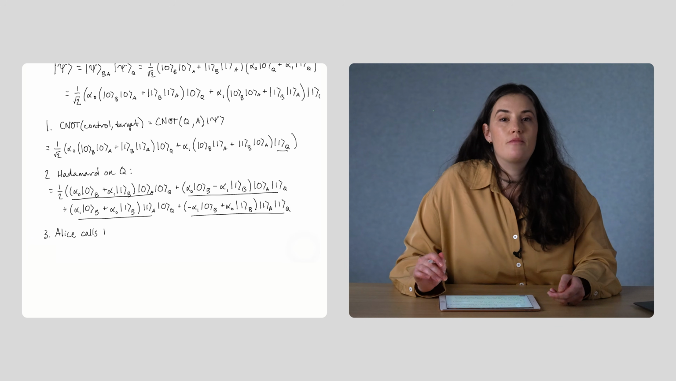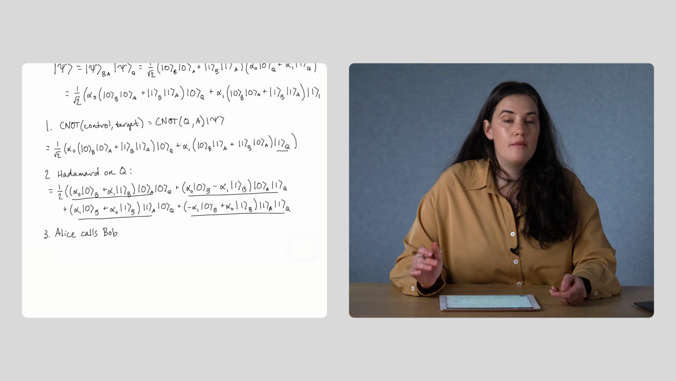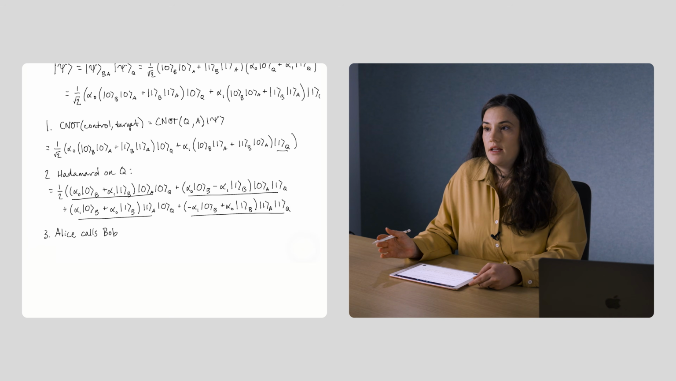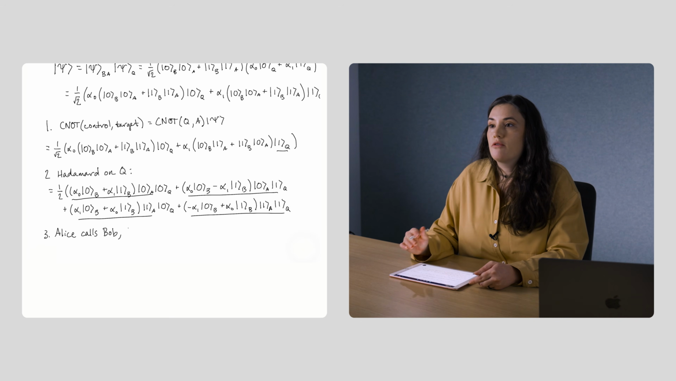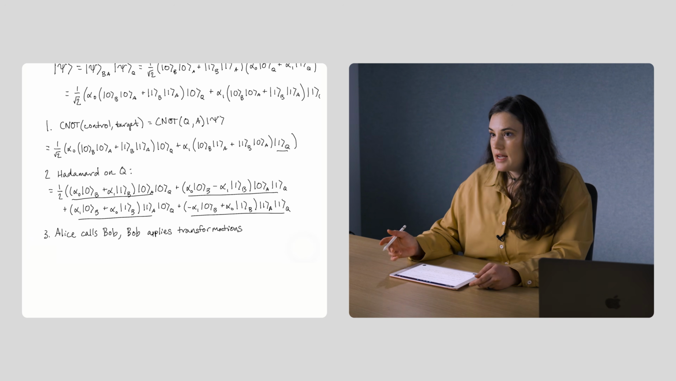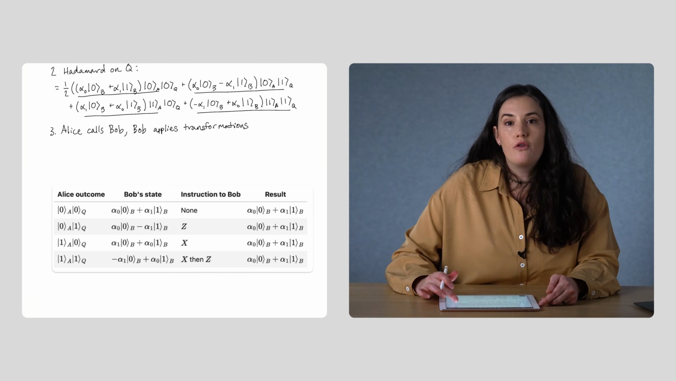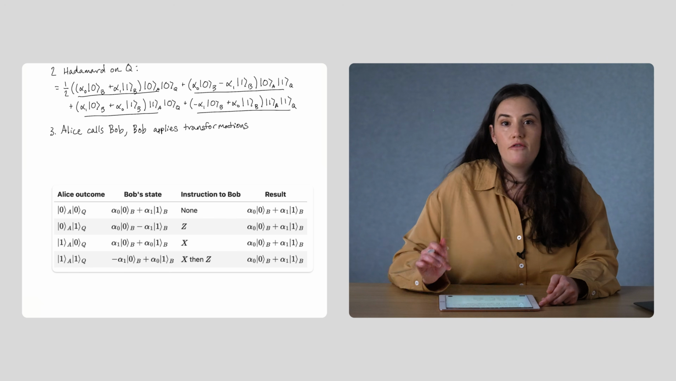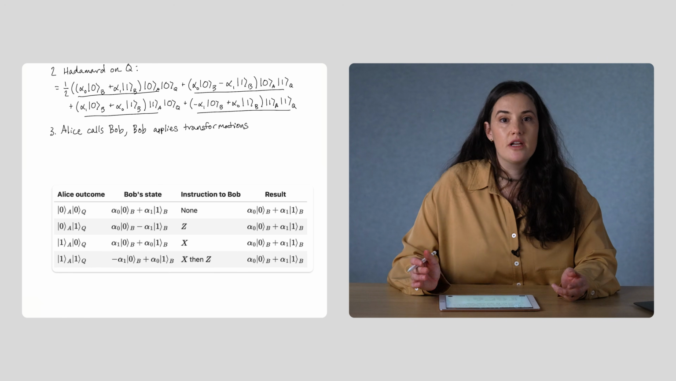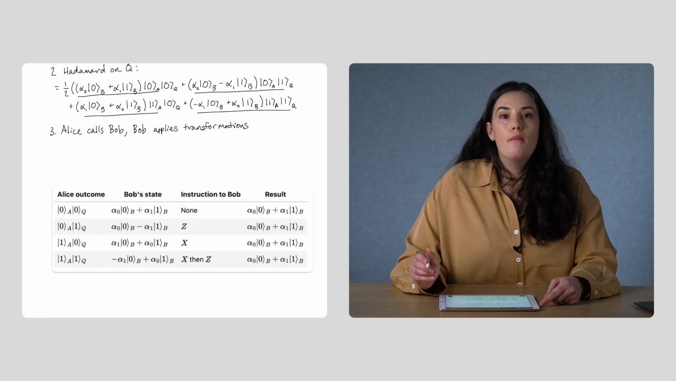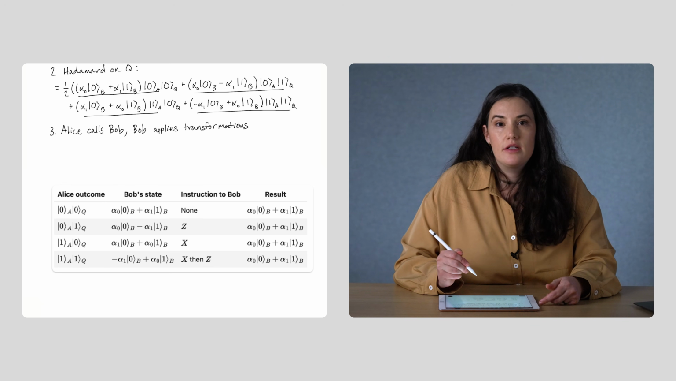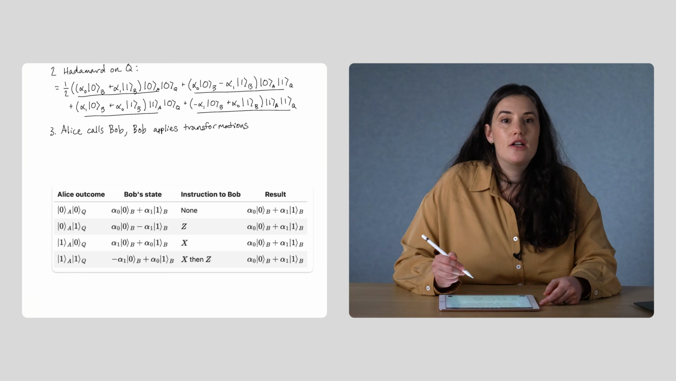So the next step in the protocol is for Alice to call up Bob and tell him what her 2 measurements were. After he knows that, he'll know what operations to perform on his qubit to make it match Alice's original state. Here's a table of the 4 possible measurements and the 4 possible operations that Bob will need to perform on his qubit based on those measurements. Bob might need to perform a Z gate, an X gate, or both to transform his qubit to match Alice's